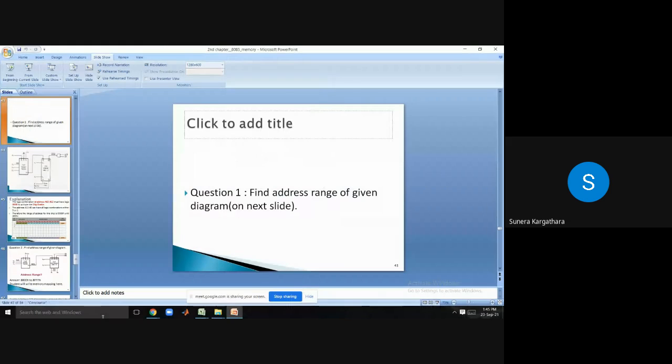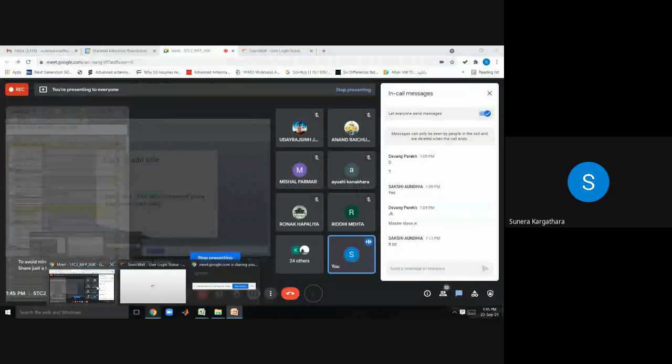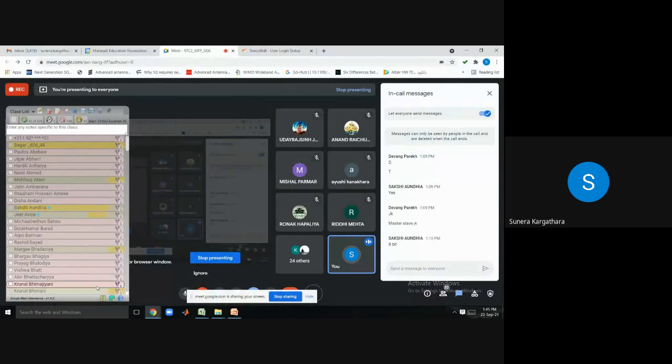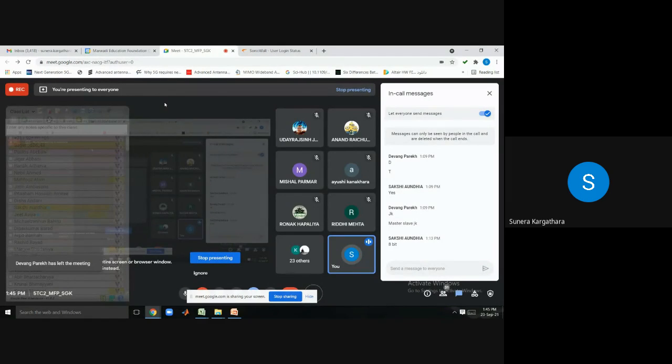How many minimum things we had discussed? We had started with the basics of memory, then we discussed how your memory can be formed. We discussed the basic elements: we should know how memory is built, that through a flip-flop we can hold 1 bit at a time. So when many bits are combined, that will ultimately make registers, and a combination of registers will form your memory. After that we discussed that you have to connect the memory to the processor.